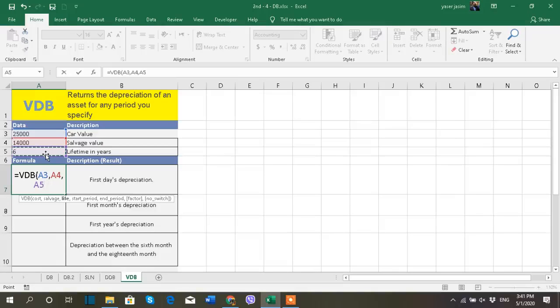We need to focus on this. I'm going to calculate the depreciation for the first day. My lifetime is in years, and this one is days, so I need to multiply this one by 365. The lifetime must be multiplied by the day or month or week or whatever. So here I am going to calculate the first day. That means I need to convert the years to days. How do I do that? By multiplying the years by